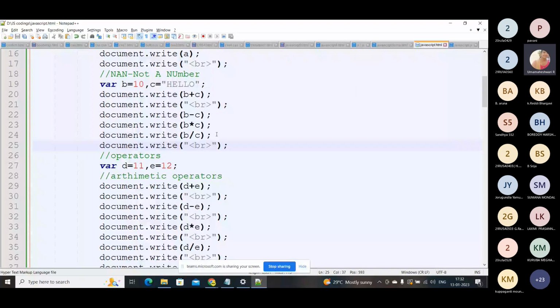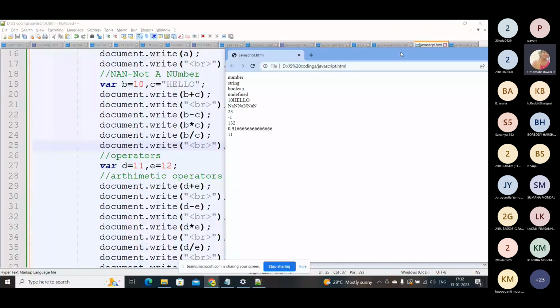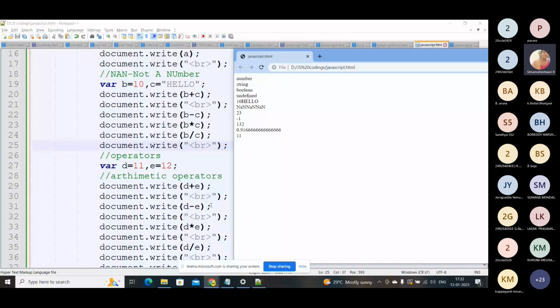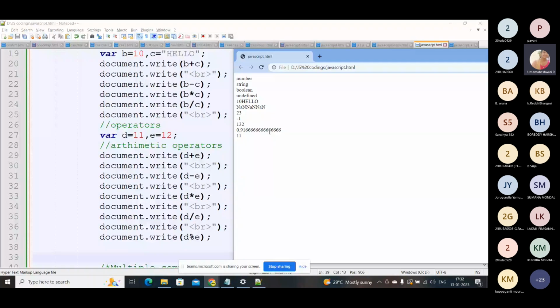So here you can see the arithmetic operator: 11 plus 12 is 23, d minus e is minus 1, if you multiply you will get 132, and if you divide you will get 0.91. And the remainder, what is the remainder? It will be 11. Okay, so this is how it will be. This is called modulus, and we have something called a